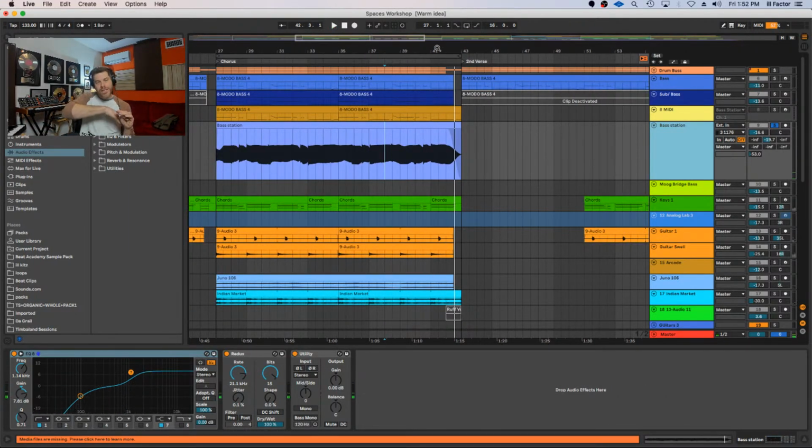So it slides in and it starts to build and it growls and the filter opens up and it gets darker and grittier, and then it comes back down. That's adding dynamics to my arrangement, and that makes a big difference as we start to move in from the chorus into the next verse.